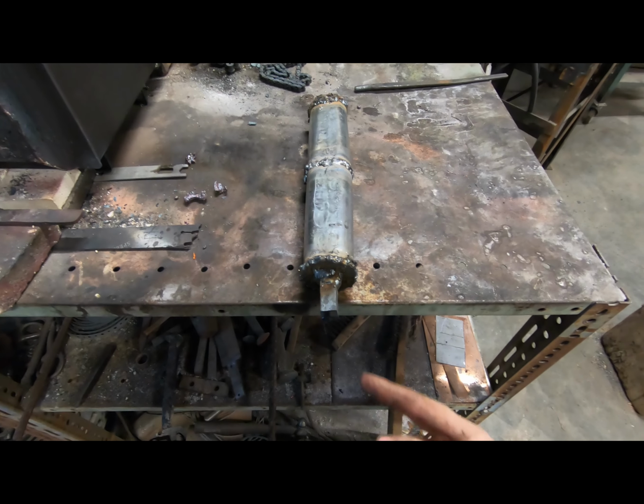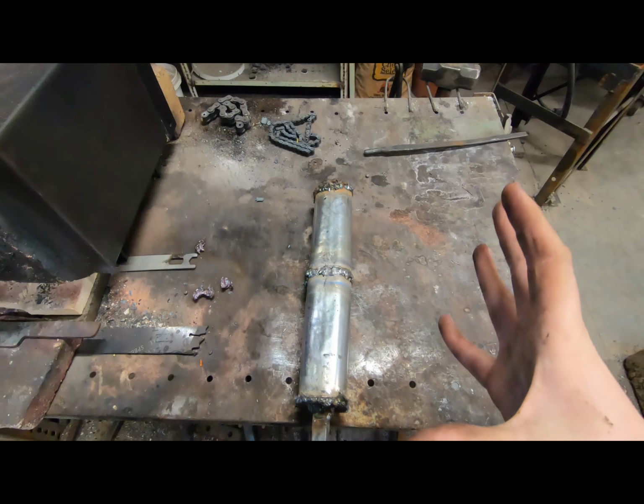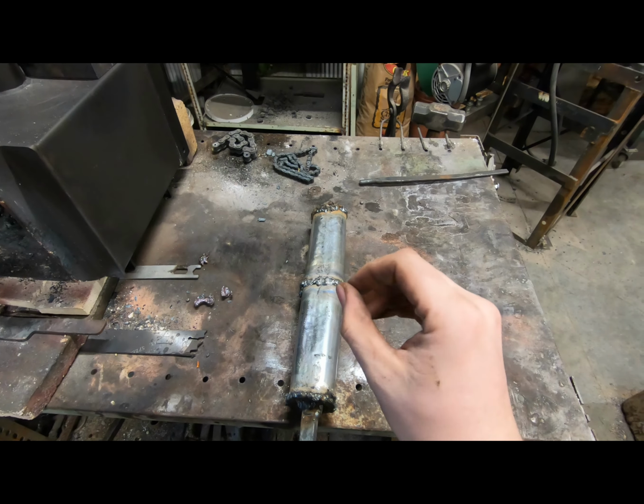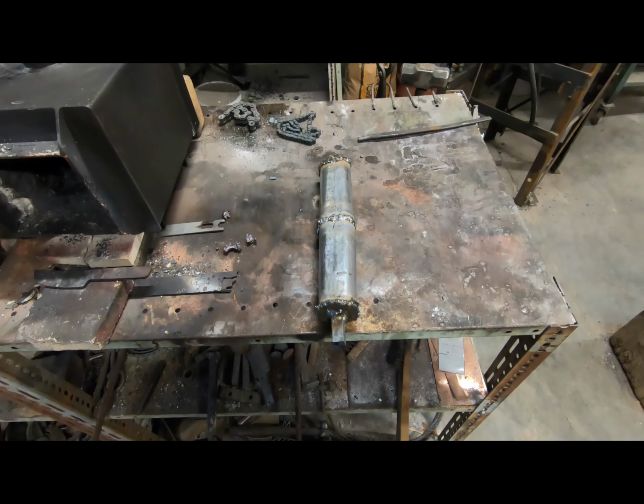All right, we got the end on, so our tongs have something to grab onto. We got the hole drilled so it doesn't just explode on me from the pressure of the heat and everything expanding. And I got the top welded on. Now, my only worry is